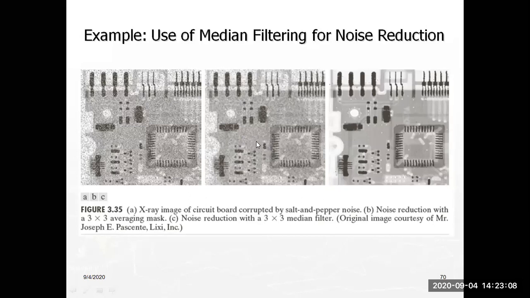So in that case, I am using another filter. What is that filter? A non-linear filter, or order statistics filter. Non-linear filters are also called order statistics filters. So you perform noise reduction with a 3x3 median filter. Of course, the mask will be the same as that, but the values are centered.